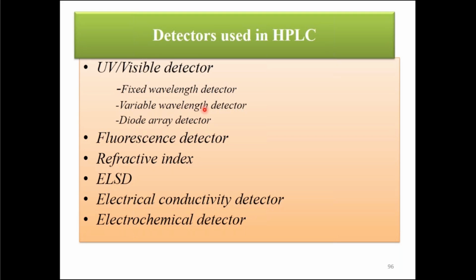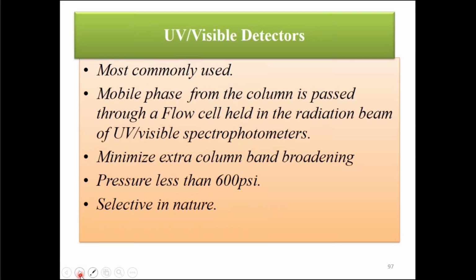That is the difference. Here it's a single wavelength which can be varied. Here it's a single wavelength which cannot be varied, and here it's multiple wavelengths in a given injection. Then we will be studying the fluorescence detector, refractive index detector, ELSD (evaporative light scattering detector), electrical conductivity detector, and electrochemical detector. So the UV visible detectors are most commonly used, like I mentioned earlier. The mobile phase from the column is